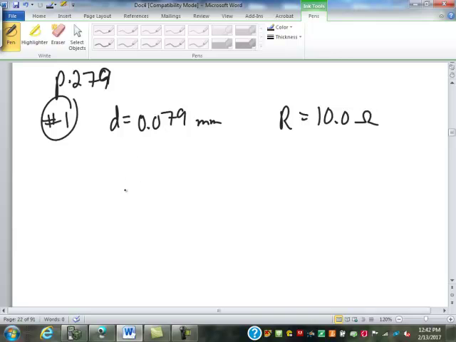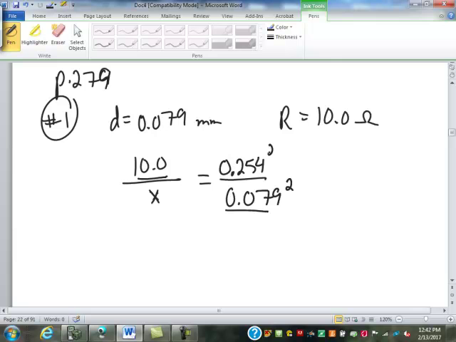So we've got our initial resistance right here. We're asked to determine the resistance, so we're looking for the new resistance. Our current diameter is 0.079. Now, remember, it's not the diameter that changes, it's the area that changes. It's also an inverse, so the diameter has to be squared. It's an inverse relationship, which means the diameter of this wire goes on the bottom. Then our new diameter is going to go up here, which is